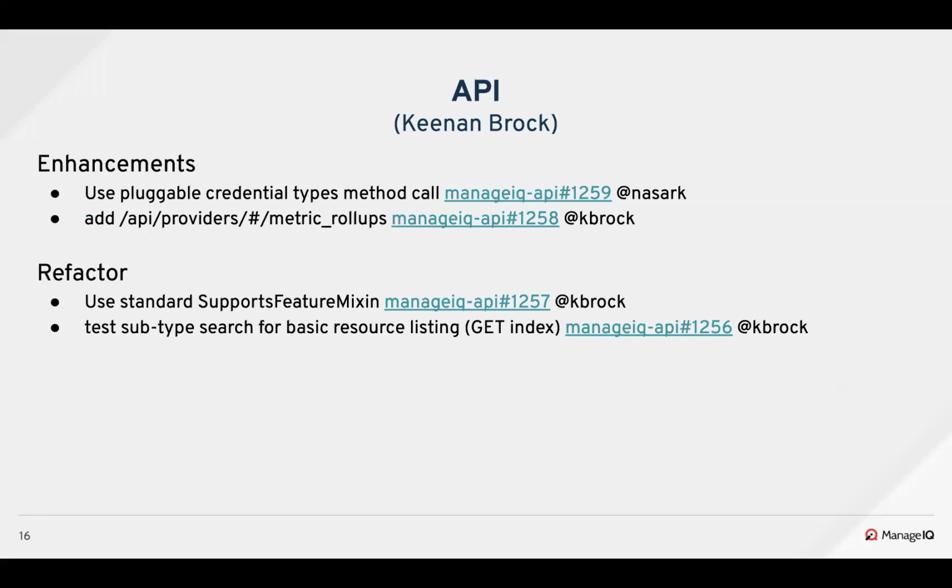And then refactoring the supports mixin, just like the supports entry, the stubbing that Joe mentioned, we moved around the way our stubs work so that our tests will exercise more classes. And then the get index,